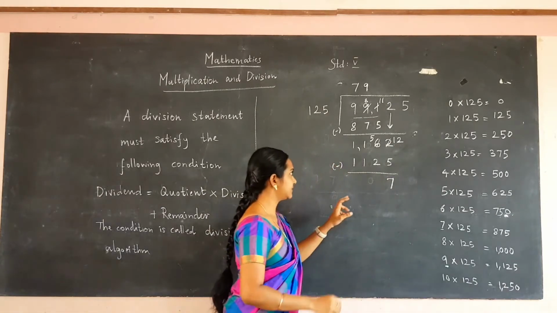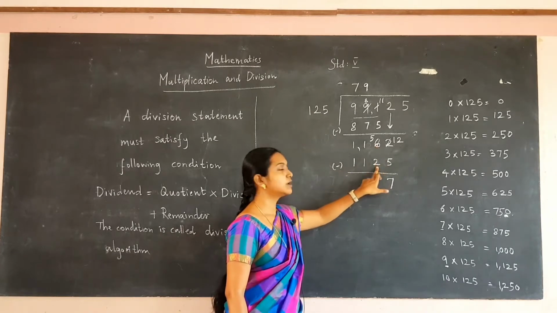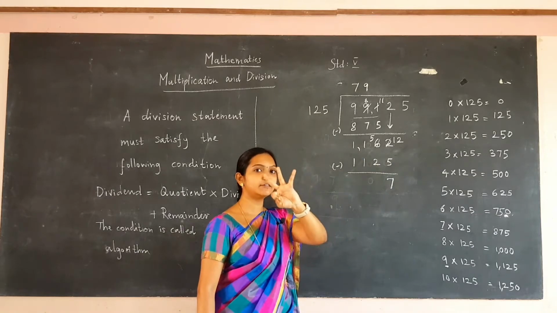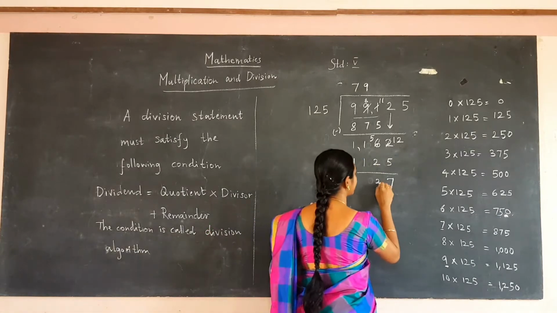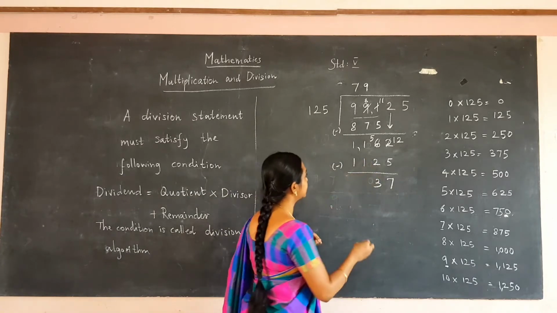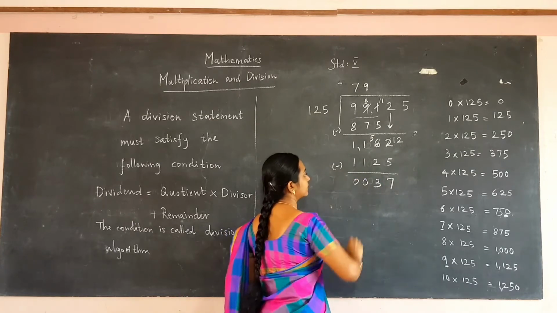So the answer is 7. Now we are going to subtract 5 and 2. Now start counting from 2 until you reach 5. 3, 4 and 5. So the number is 3. 1 minus 1 will be 0. Again 1 minus 1 will be 0.